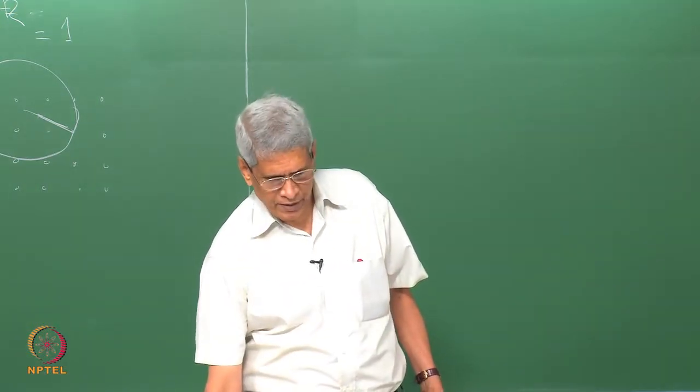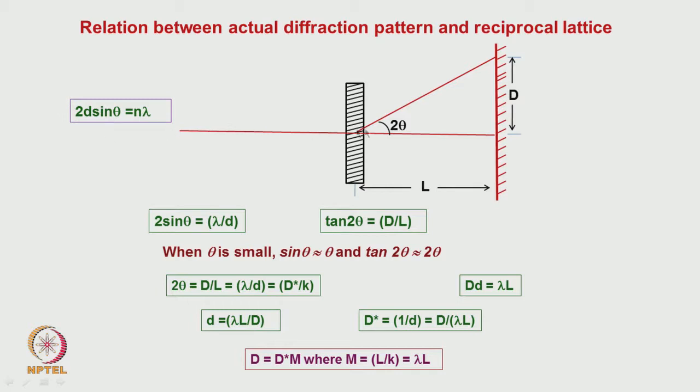That means this is a sample. This is the incident beam which is falling. I have just shown a lattice plane which is inclined. This particular plane gives rise to a diffraction, and the screen is kept at some particular distance L. Then you get the diffraction spot at a particular point from the center, correct. So, the relationships are: d divided by L is tan 2 theta, and 2d sin theta equals lambda.